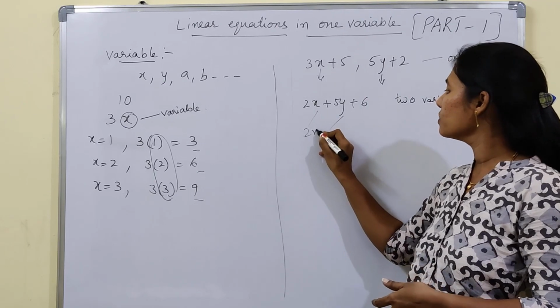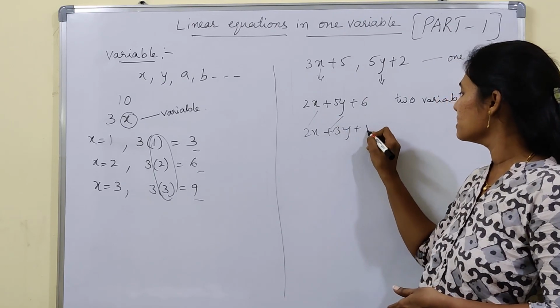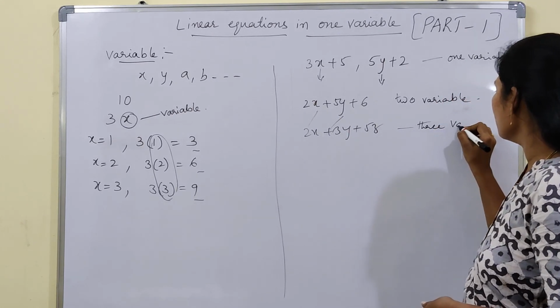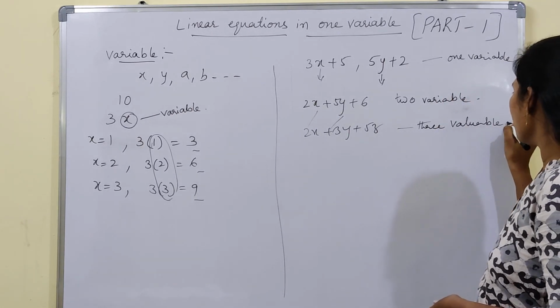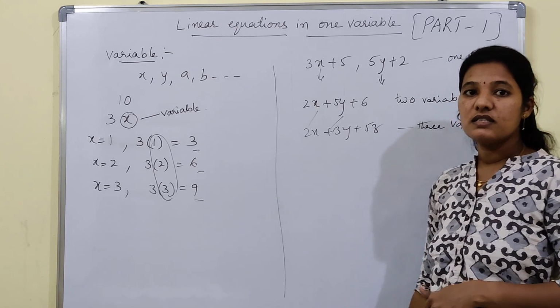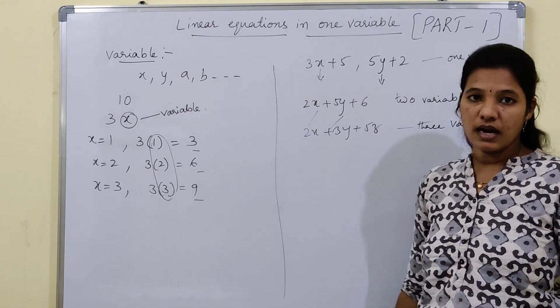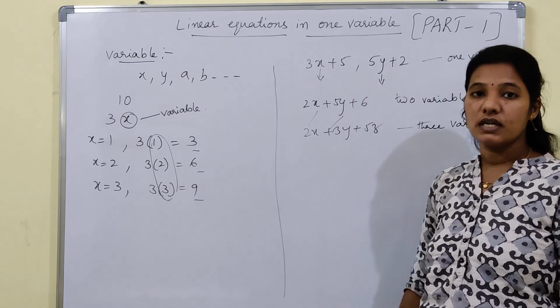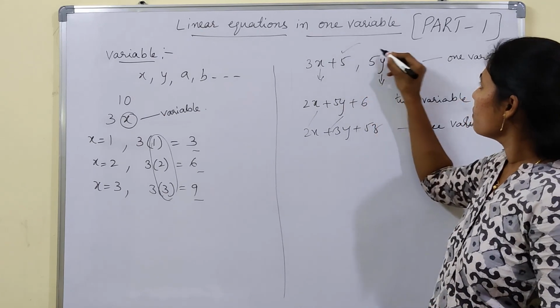If you have 2x plus 3y plus 5z, this is nothing but a three variable expression, we'll say. Like this, we have different kinds of variable expressions. But in this chapter we are discussing only one variable. So that means these type of expressions will